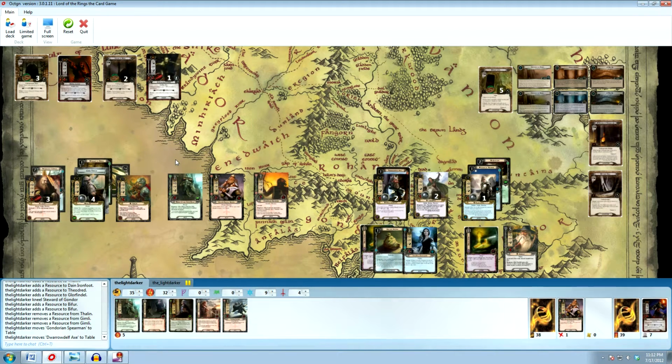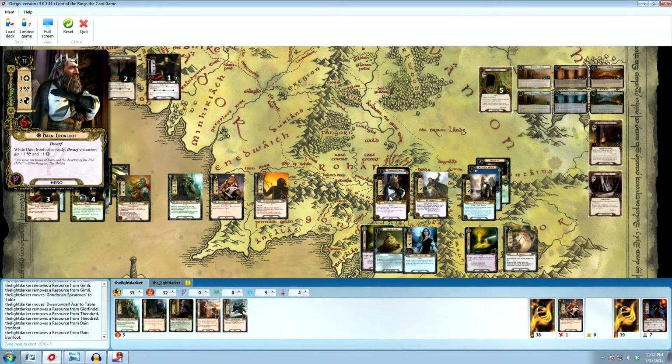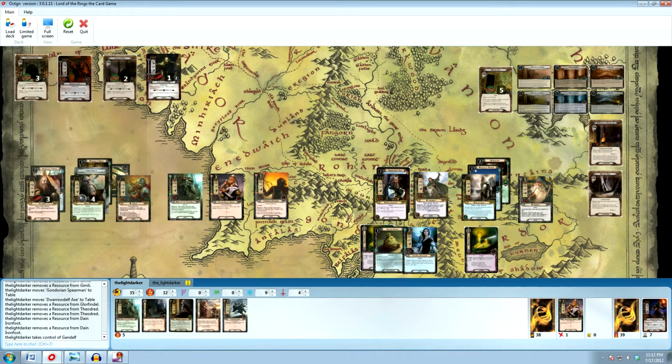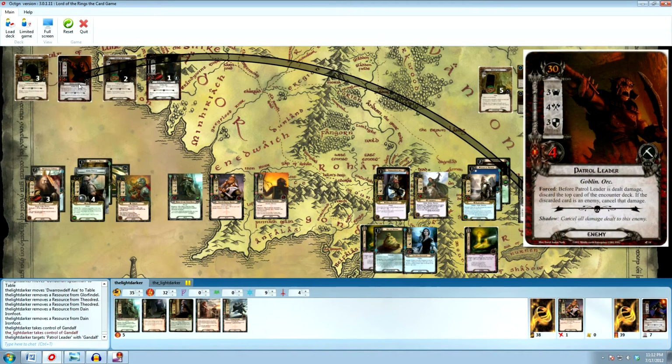I'm gonna go ahead and move to player 2, and I think what I want to do is I'm gonna spend 5 resources and I'm gonna put this Gandalf into play. So as soon as Gandalf comes into play, I'm going to go ahead and have him pick this patrol leader to take 4 damage. And what's going to happen here is before the patrol leader is dealt damage, I have